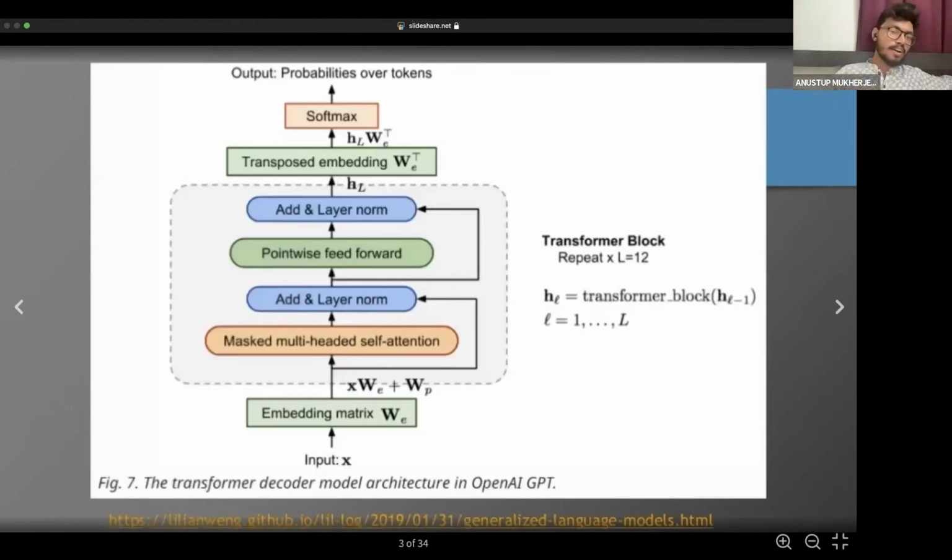So now let us see the neural network architecture of this particular GPT-3 engine. What GPT-3 used to do is a lot of